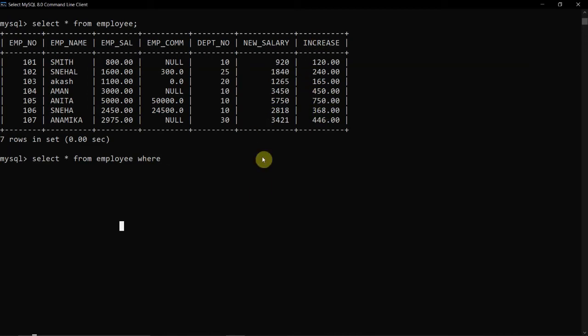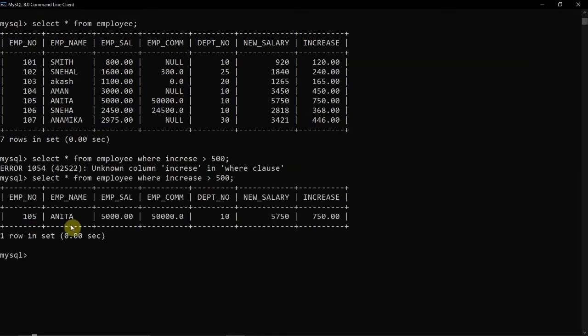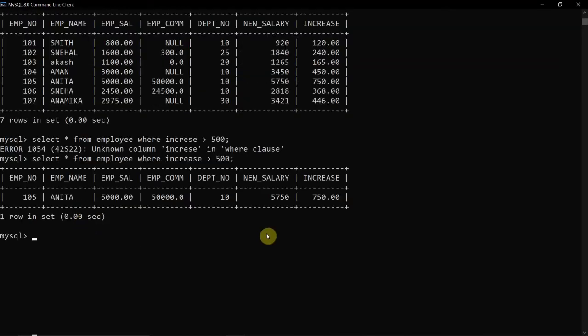So I will write increase is greater than 500. In this way you will use it. Here you can see the increase of 750 is shown. This is how it works.